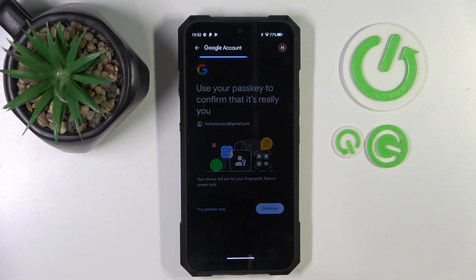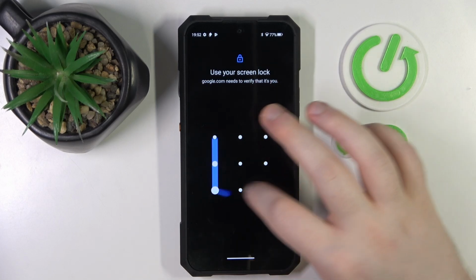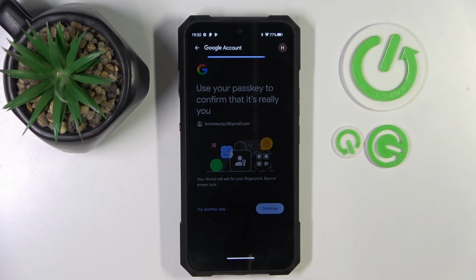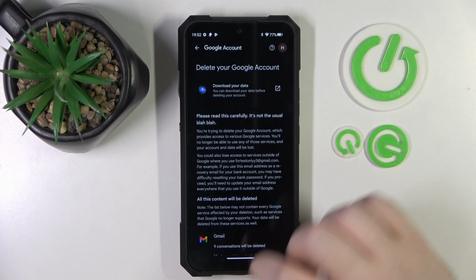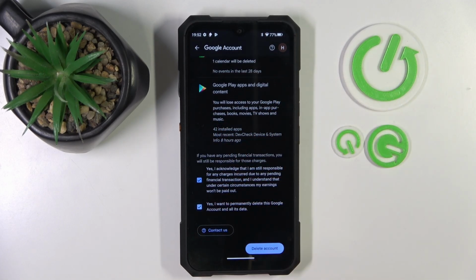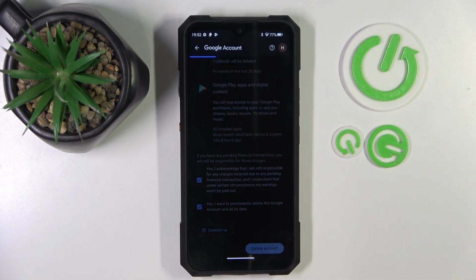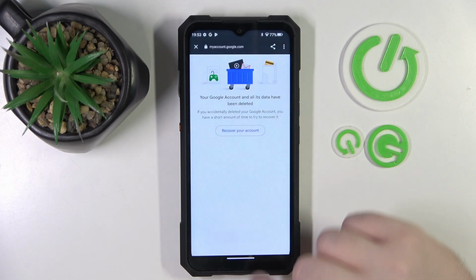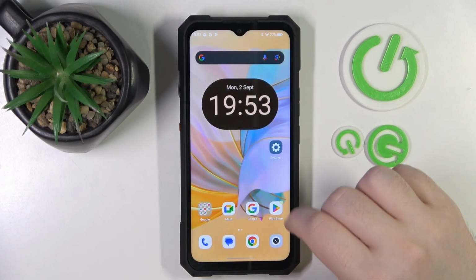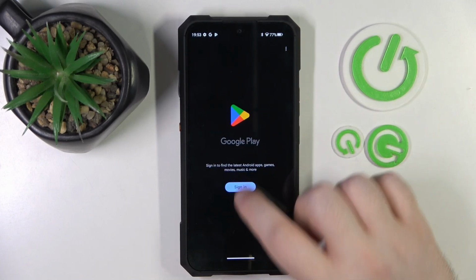Now click on Continue, and here you have to enter your lock screen pattern. Now scroll down and check these two checkboxes and click Delete Account. And now your account should be removed, so now let's recover it by opening Google Play Store, for example, and